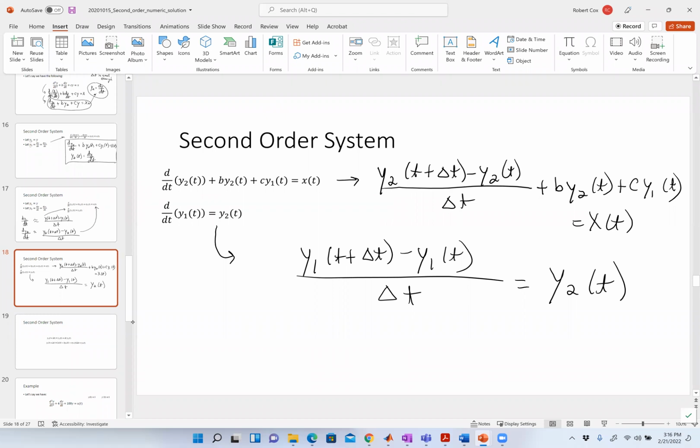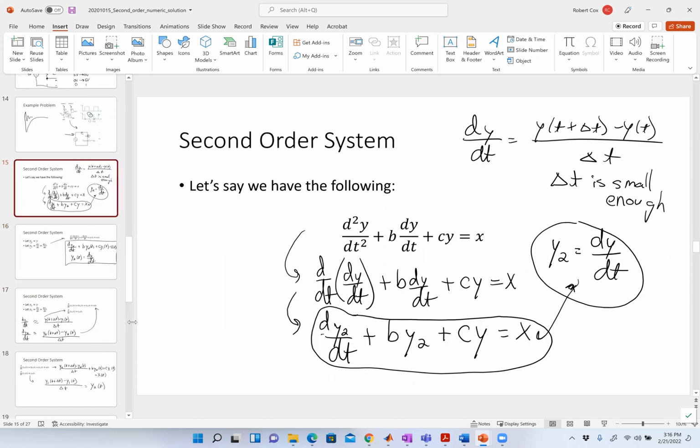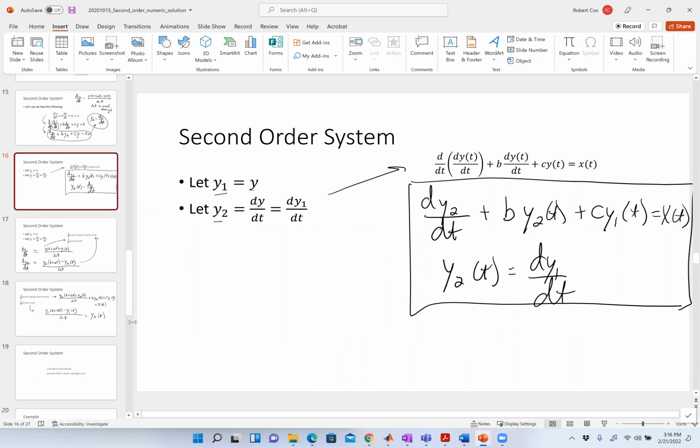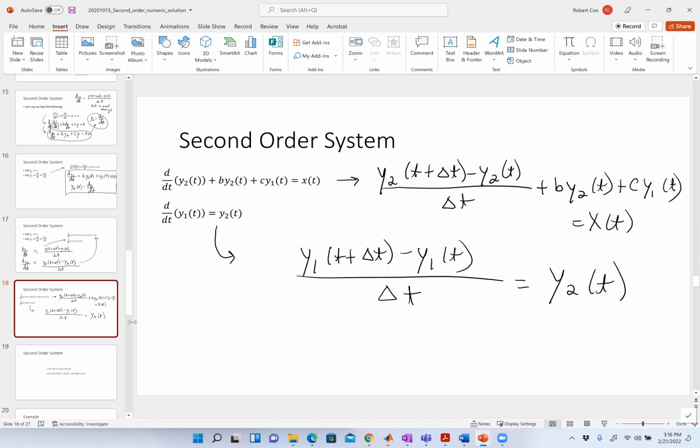Back to the original story. All right. What am I trying to solve for? Well, I wanted to solve for y of t. So back to the original expression, I wanted to find y of t. Okay. Which meant that I needed to find what we're now calling y1 of t. So if I want to do this, what am I going to do? What am I solving for here? So at t equal to 0,